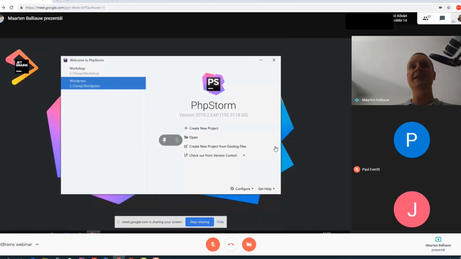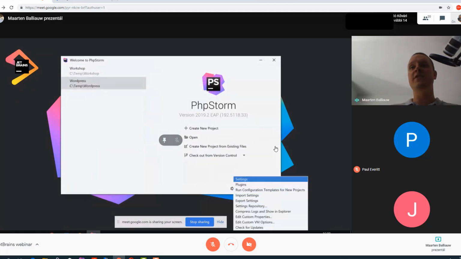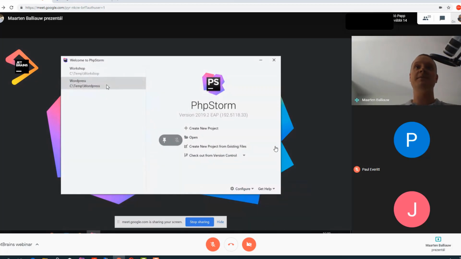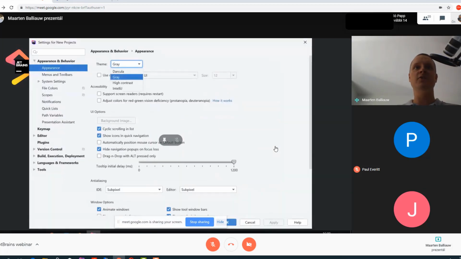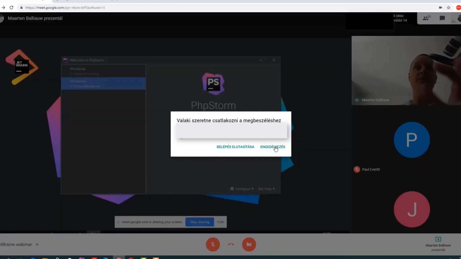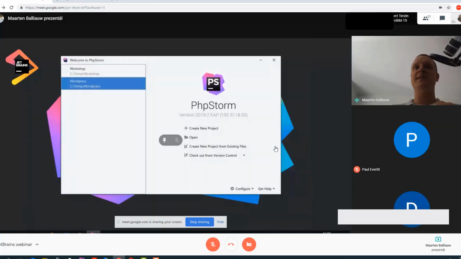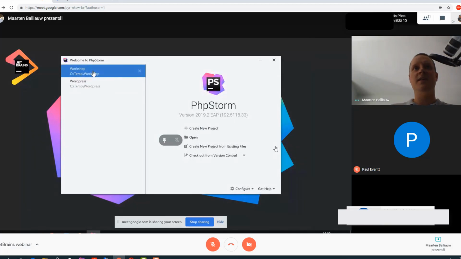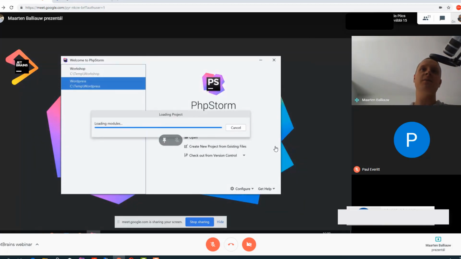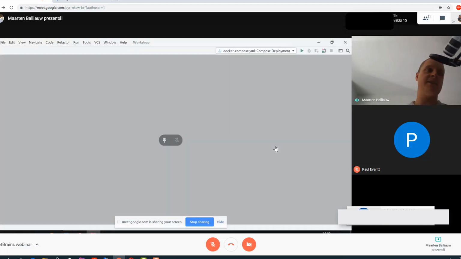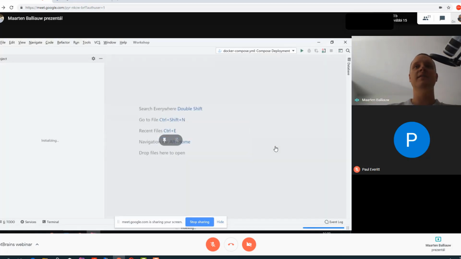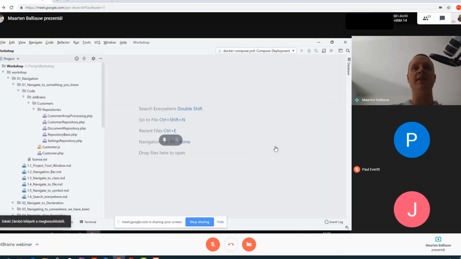Also, this is the light theme. Now, if you prefer to have PhpStorm or WebStorm in a darker theme, you can also change that from the settings here and, for example, go with Darcula, and then you will see that you have a dark theme. But I myself prefer the light theme, so I'll switch back. But I think Paul typically goes with the dark theme. So let's open an existing project that we have, because it's, of course, more interesting to open up an existing one instead of starting from scratch, building something.